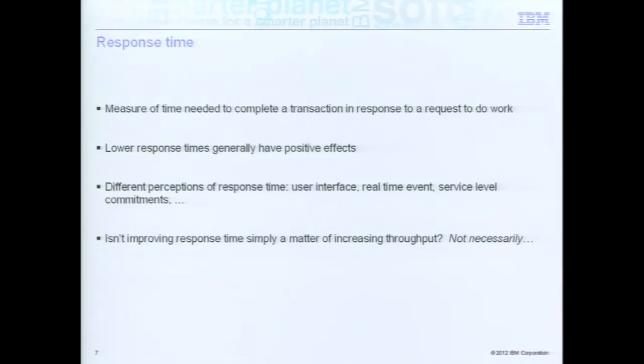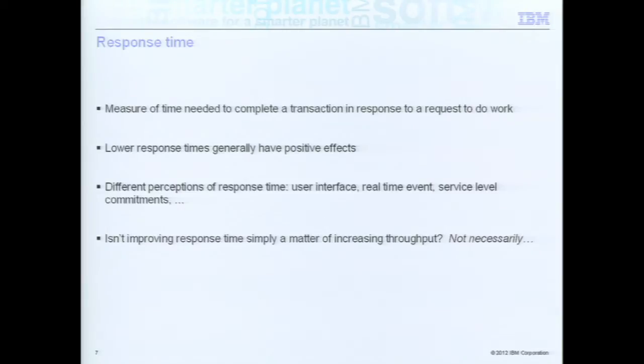Response time itself can have a number of different definitions, and as we'll see in just a sec, depending on how you measure things, your response times can actually be quite different. So really what we're talking about here, and a lot of the information that we're going to be giving today, is really in the transaction space. So really, how much time do you need to provide to complete a transaction in a response to do that work? And in the general sense,